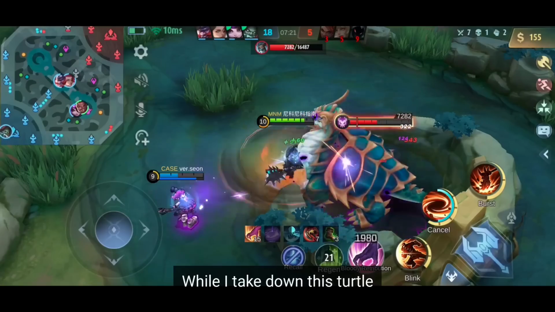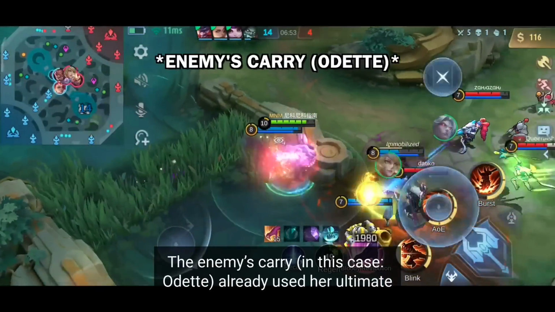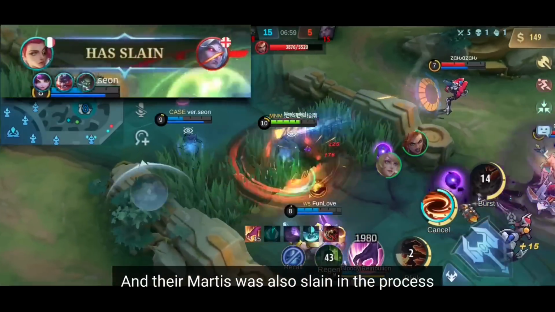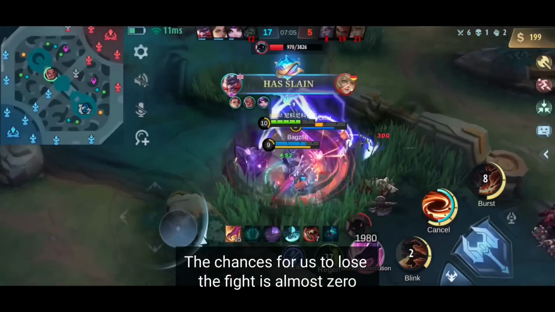While I take down this turtle, I want to explain one important thing. Even though we lost Terisła at the beginning of the teamfight, the enemy's carry already used her ultimate. This means she can no longer join the fight, and their Martis was also slain in the process. With the gold, level and numbers advantage on our side, the chances for us to lose the fight is almost